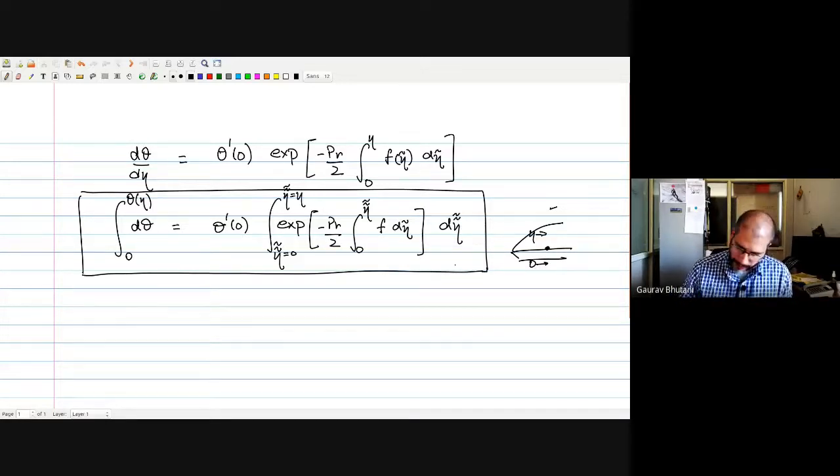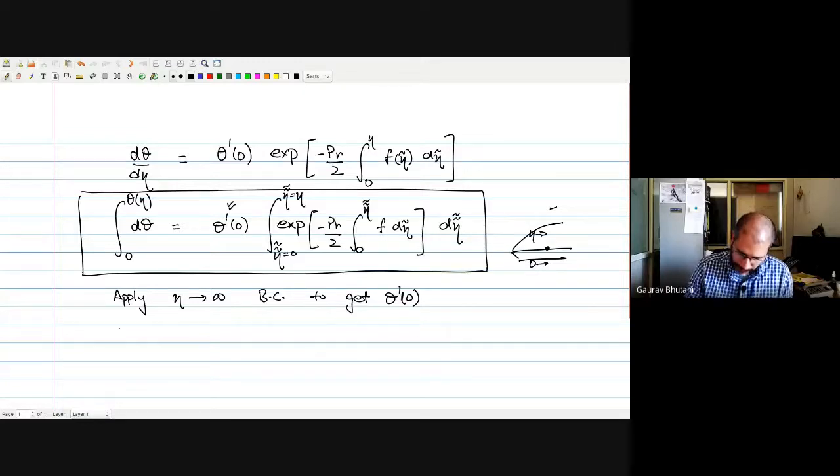So now we still need one constant, right? In this case, we obtained one constant of integration, which was theta prime at 0. One needs to obtain that, and that can be obtained because we still haven't used our second boundary condition, which was at eta tending to infinity, that is in the free stream region. So we can apply that. Apply the eta tending to infinity boundary condition to get theta prime 0.